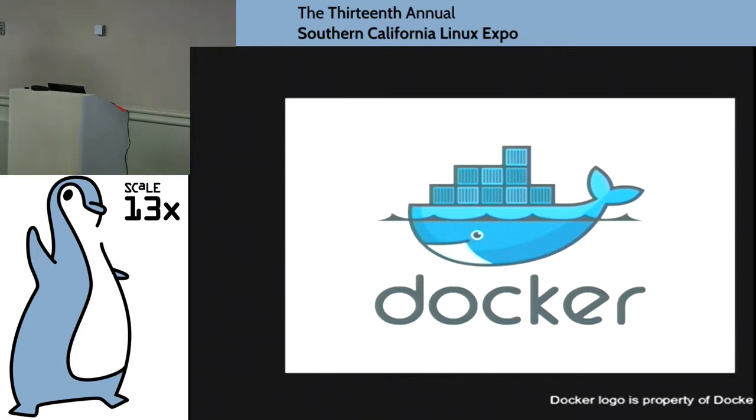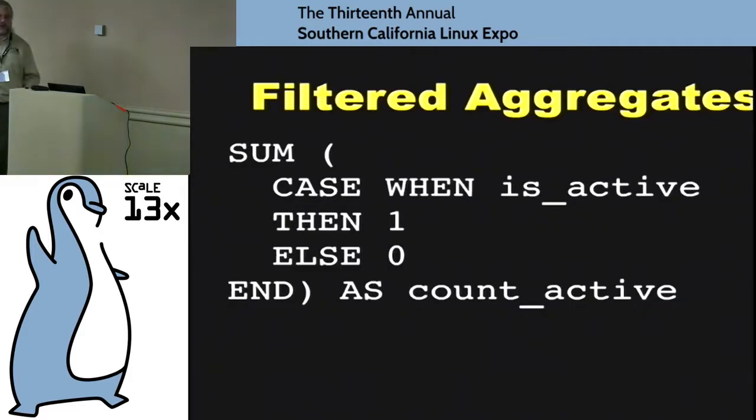Because one of the ideas of the new container cloud stuff is one container, one service, I don't want to be running, as we saw presented earlier on, a separate SSH daemon and full init system on my container if I can avoid it. And for that reason, I want to be able to do everything over port 5432, and ALTER SYSTEM SET is a step in the right direction.